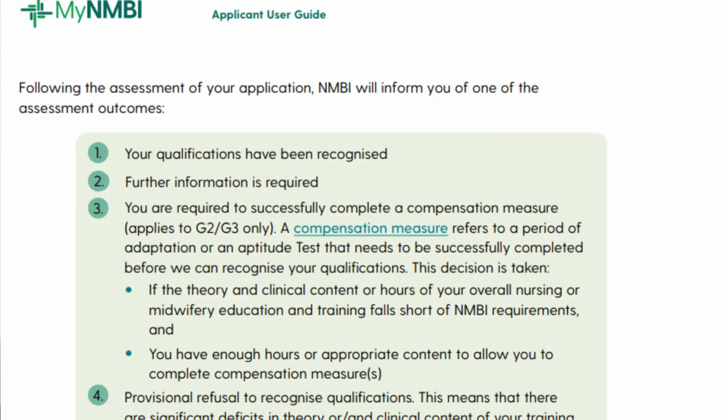After paying your 350 euros, it may take up to 3 months, okay? 3 months for the NMBI to get back to you, to give you the outcome of your assessment of the qualification document. Guys, after the 3 months, the NMBI will get back to you with one of 4 possible outcomes. First, that your qualifications have been recognized. That is, you are successful. Secondly, that they require further documents. That is, probably you didn't submit all your documents, so they need more documents